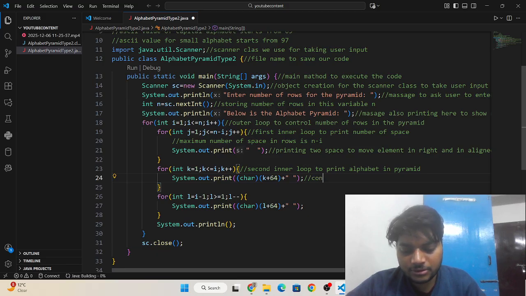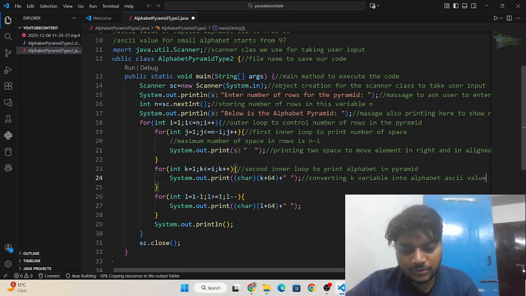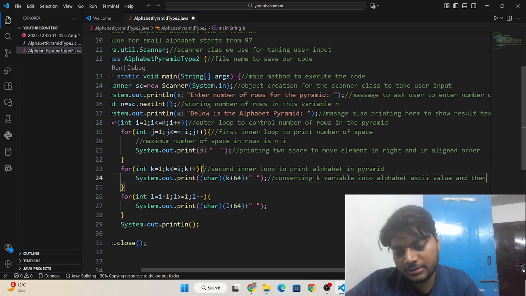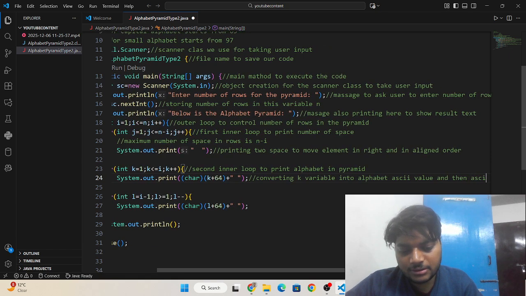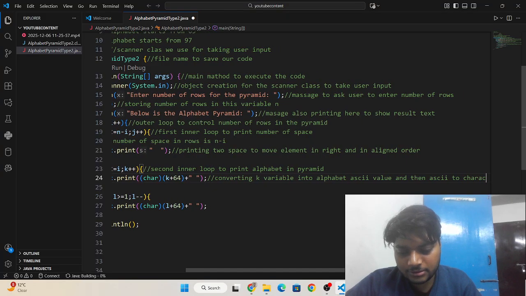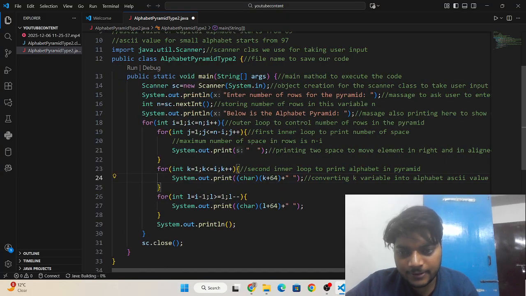We are converting a variable into an alphabet ASCII value, and then the ASCII value to a character.